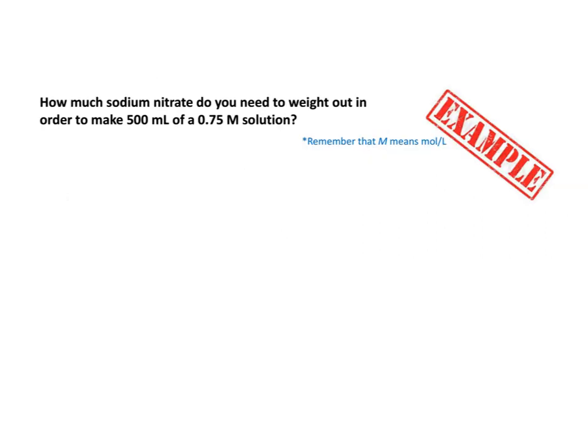So how do we determine how much solute we need to weigh out to make our stock solution? Well, you need to do some chemistry math. In this example, we are asked, how much sodium nitrate do you need to weigh out in order to make 500 milliliters of a 0.75 molar solution? And remember, molar means moles per liter. So let's do our math. We know our volume is 500 milliliters, or 0.500 liters, multiplied by 0.75 moles per liter, and that gives us